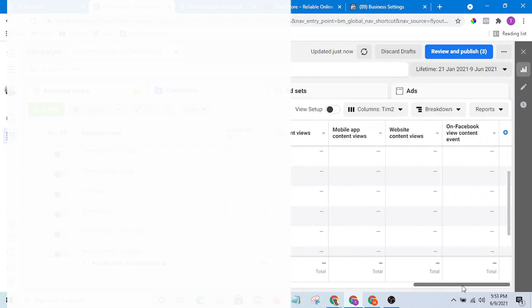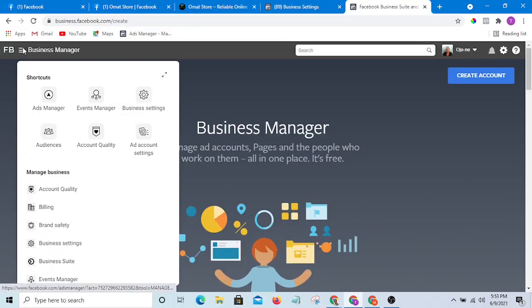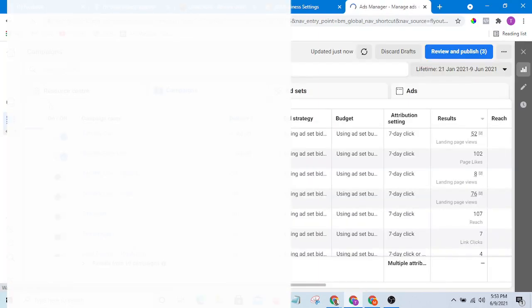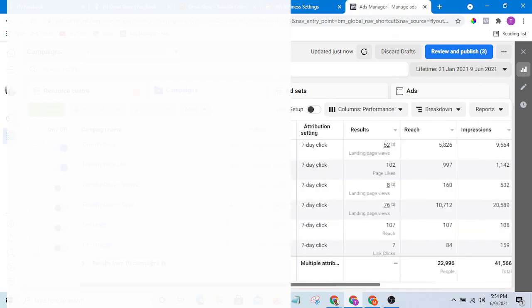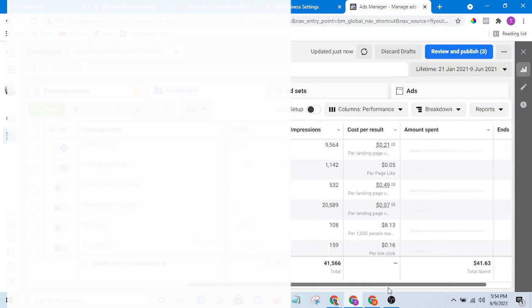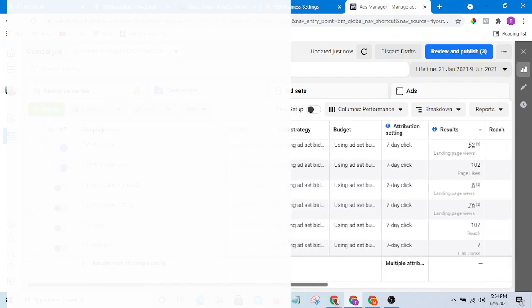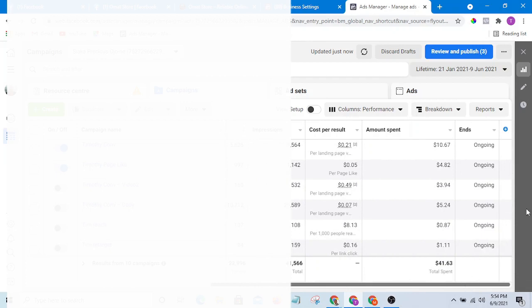So very, very important. And if for instance I close this window and log in again, I want to log into my ad manager again and see how it is going to appear. Okay, now you see that what we have done before is no longer here. It has returned back to the default display.